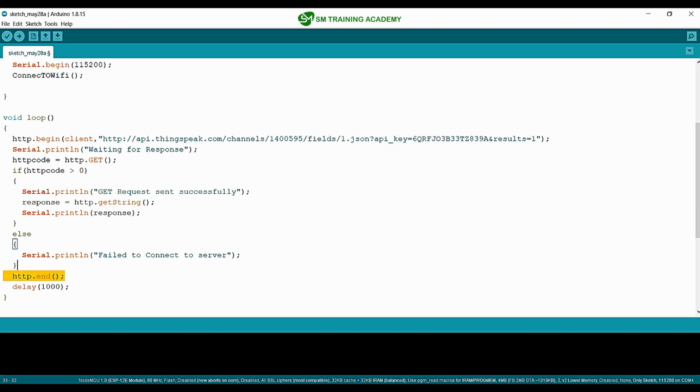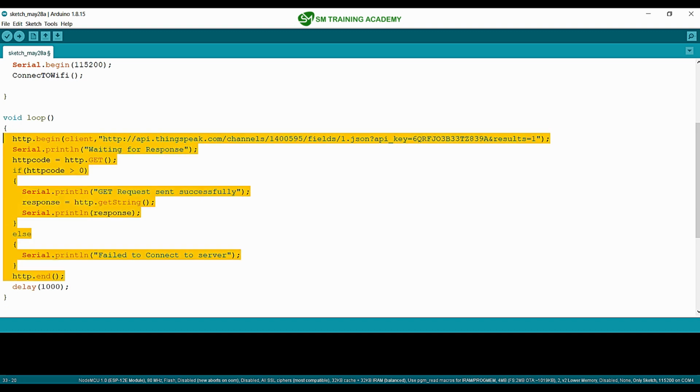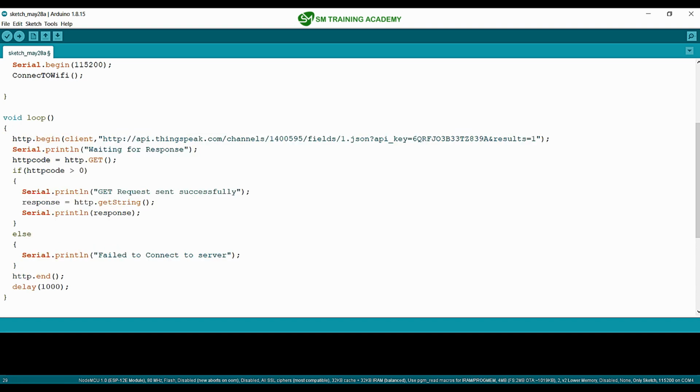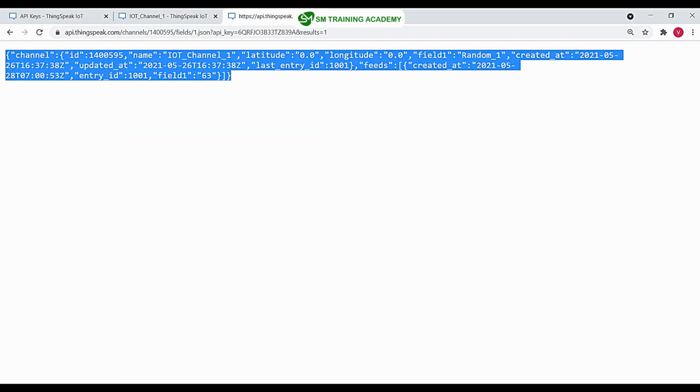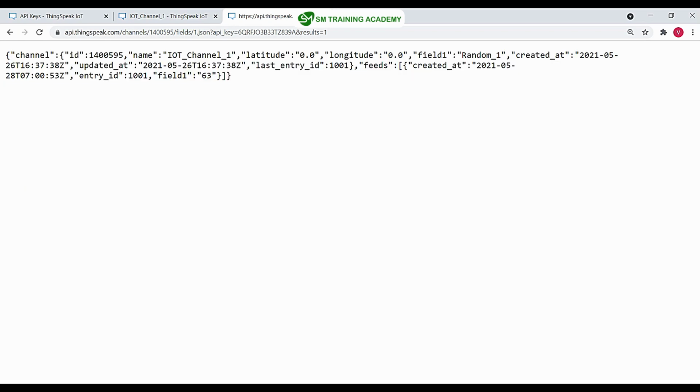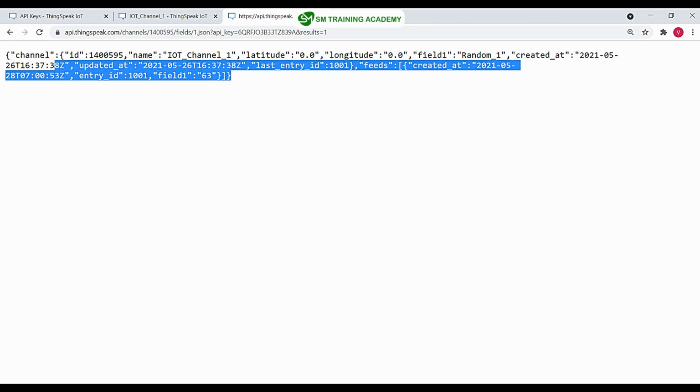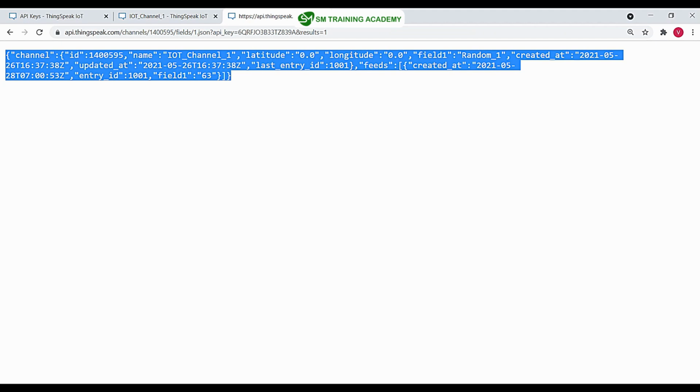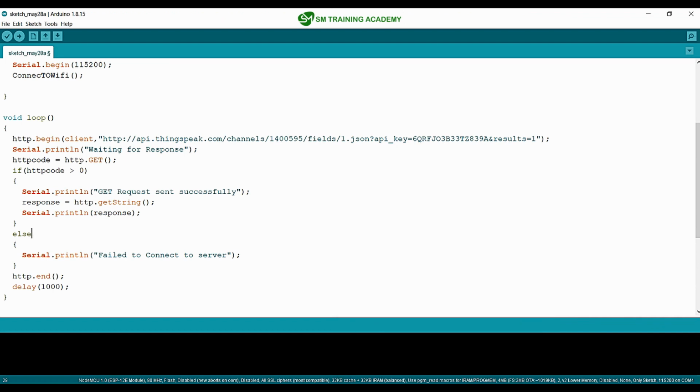So for every second, this GET request will be sent to the ThingSpeak server, and the ThingSpeak server will be giving us the response string, that is this entire string, onto our NodeMCU. And once this ThingSpeak server response is given to the NodeMCU, that will be stored in the variable called response over here, and that response variable string will be printed on the serial monitor.